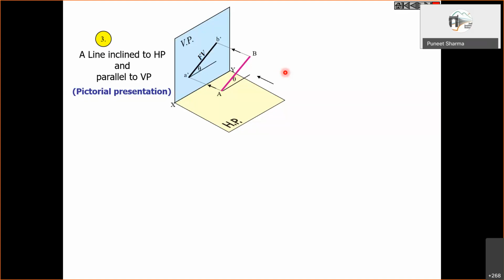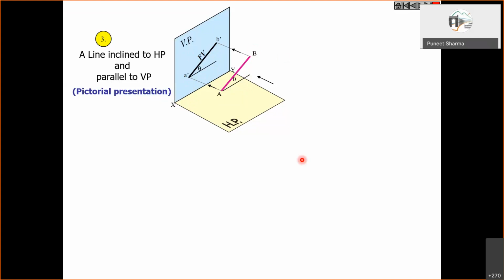So this will show us the same inclination. Whatever is the inclination of the line with the horizontal plane, the same inclination we actually see here in the front view. This theta is making this inclination with XY, right? This line is parallel to the XY. So this theta actually is the inclination with the XY. In the front view, A dash B dash, the front view of the line is making the same inclination with the XY, whatever is made by this line capital A, capital B with the horizontal plane.